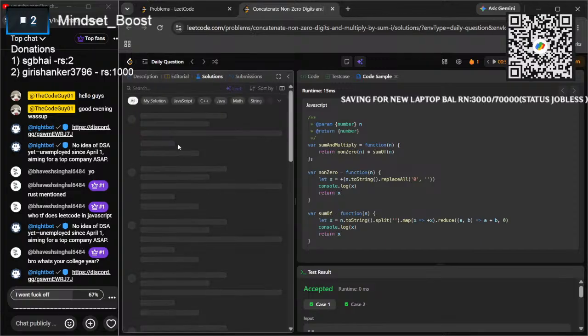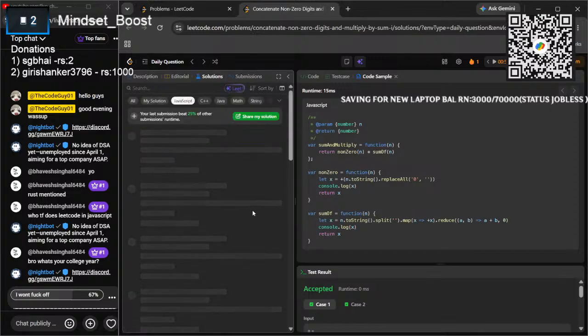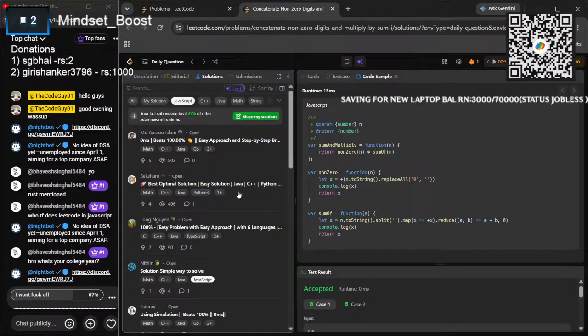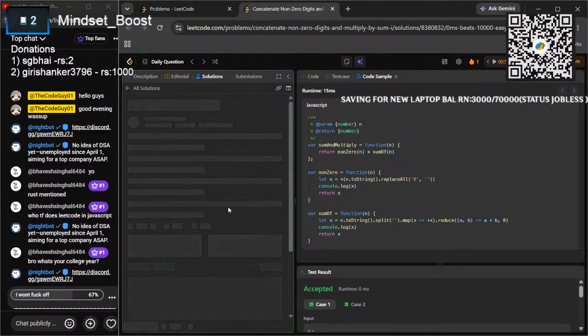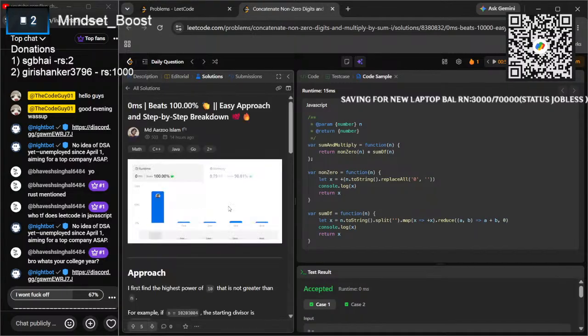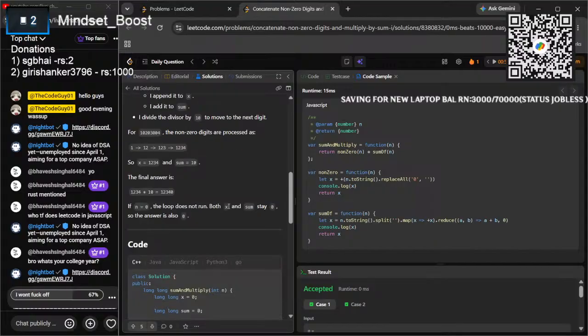Let me just see the solutions of other people who have solved it. Someone might be getting 100%. This person. Maybe they have some formula for doing the sum and other stuff. Maybe that's the reason they're getting